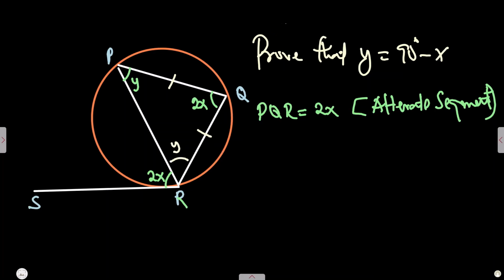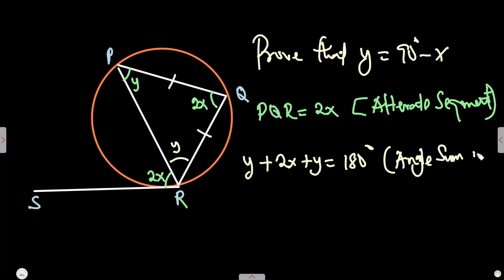y. Then of course I can begin to say, because all three angles are in a triangle, if you add them all up, they should add up to 180. So now I'm going to do y plus 2x plus y equals 180. Now again, the reason is angle sum in a triangle. Okay, good. And of course, if we add this up, y plus y is 2y plus 2x is equal to